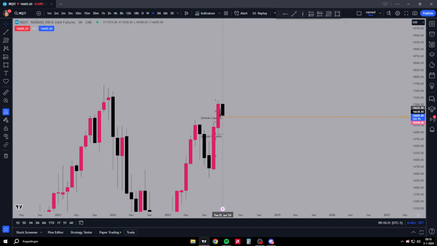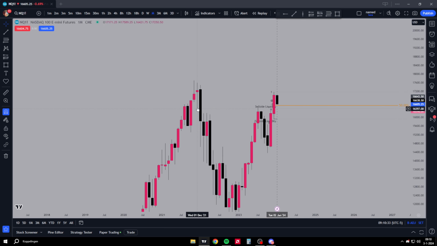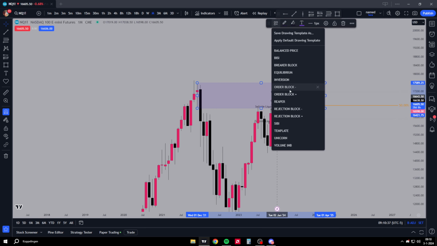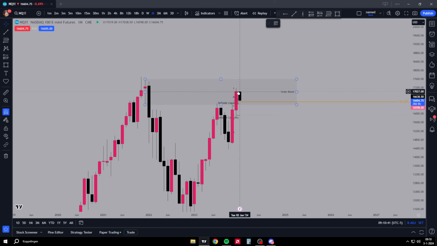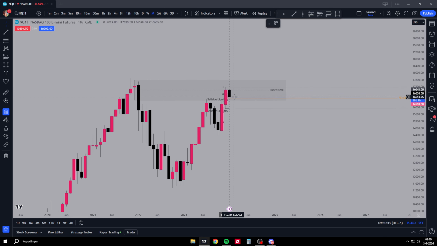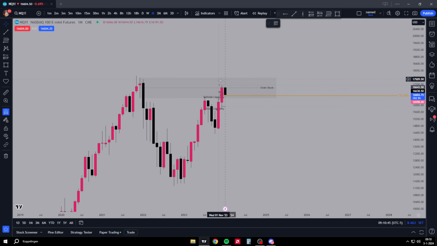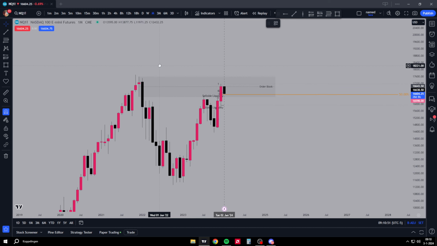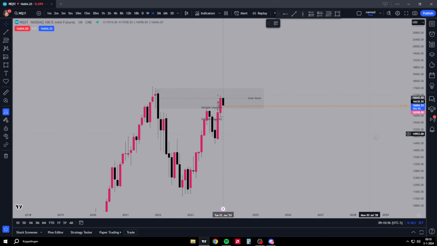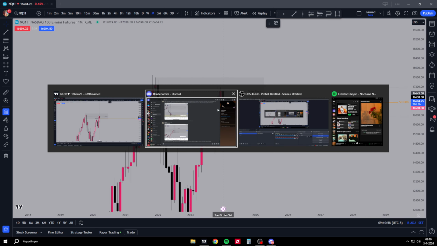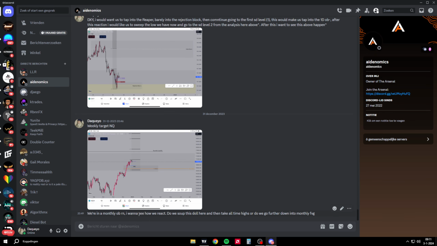right here. So you have this candle right here. We go right here. We have an order block right here, mean threshold. We close above it with a few ticks. I don't really know if that's indicating that we're bullish, but I do want to see all-time highs, I don't know, between a month and now, but react off this order block, mean threshold. So what I said was we're in a monthly order block. I want to see how we react.